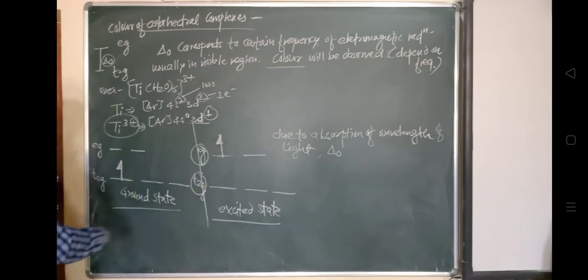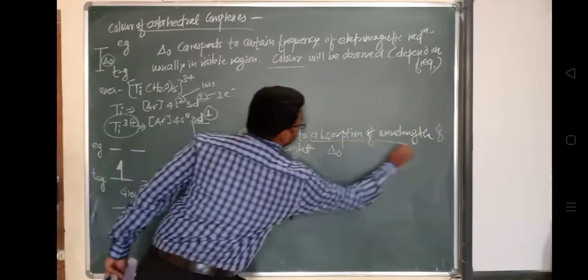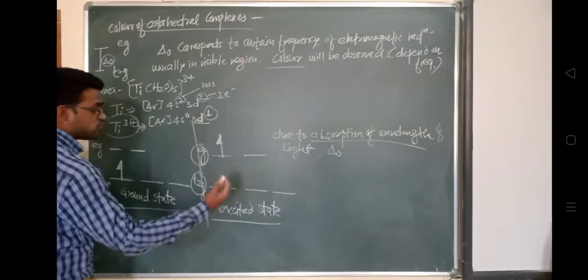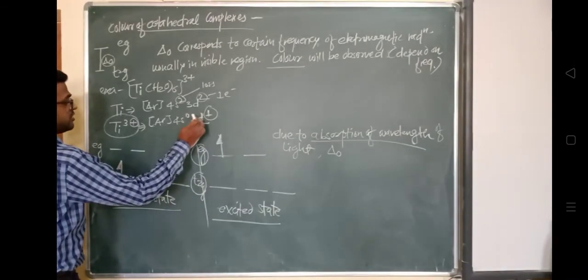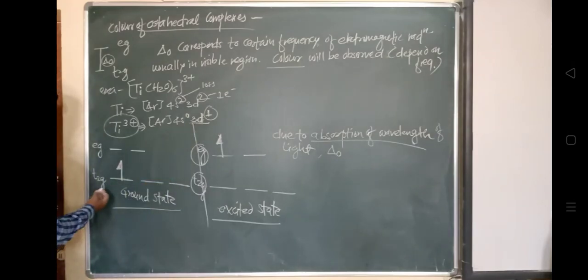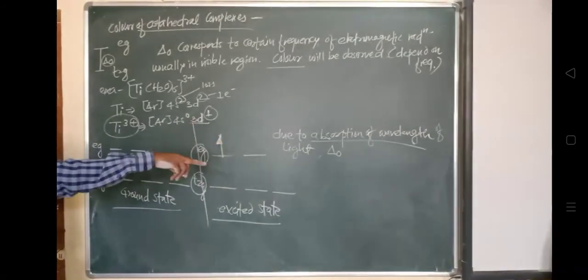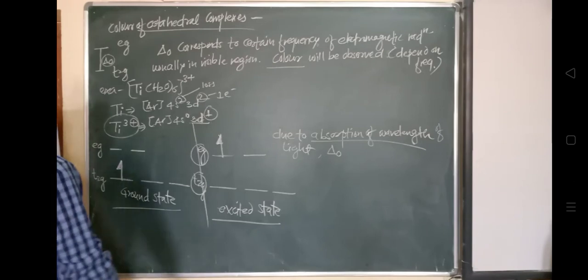So you understood how the electron is going from this level to this level, because of the absorption of the wavelength. Okay, by absorbing the wavelength of light, this electron in the d orbital moves from its lower energy level T2G to the higher energy level, only due to the absorption of the wavelength of light. Okay, so such an energy gap in the case of this example complex is...